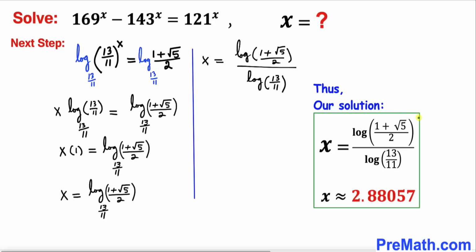So thus our solution turns out to be x equals log of ((1 plus square root of 5) divided by 2) divided by log of 13/11, or it could also be written as x is approximately equal to